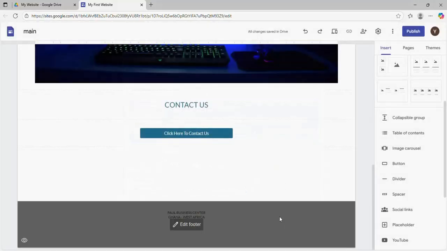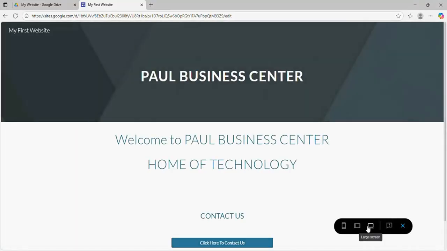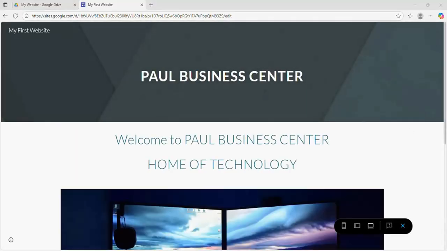Sorry, you can preview this one. I clicked publish. I will teach you how to publish, but we are not yet done, so don't go there. So you say preview, and this is how it will look. You can scroll to the bottom,